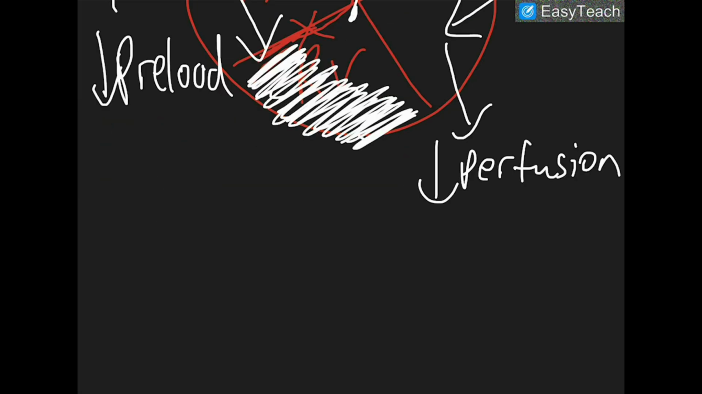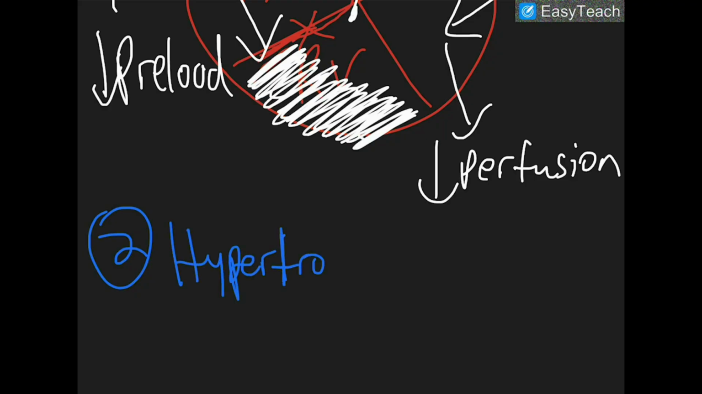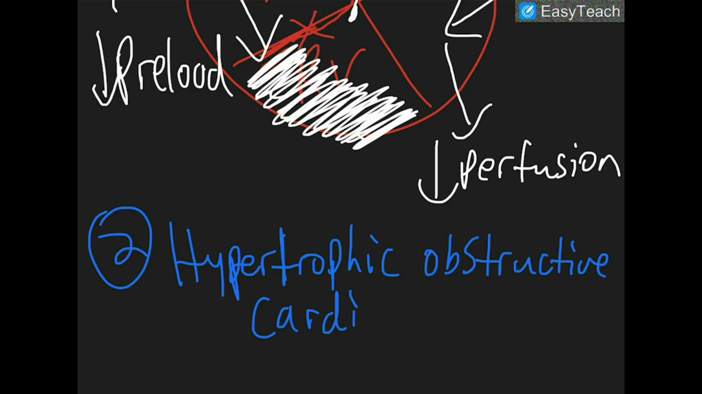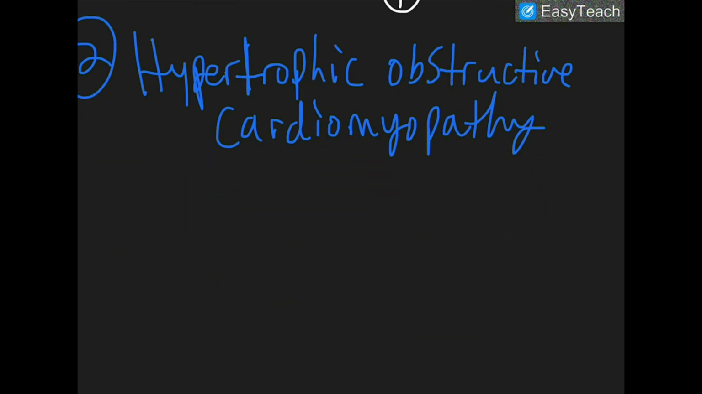Another contraindication to nitrates would be hypertrophic obstructive cardiomyopathy. All right, so let's write that down. Another contraindication would be hypertrophic obstructive cardiomyopathy. All right, so we'll talk about this in a separate video, but just real quick,